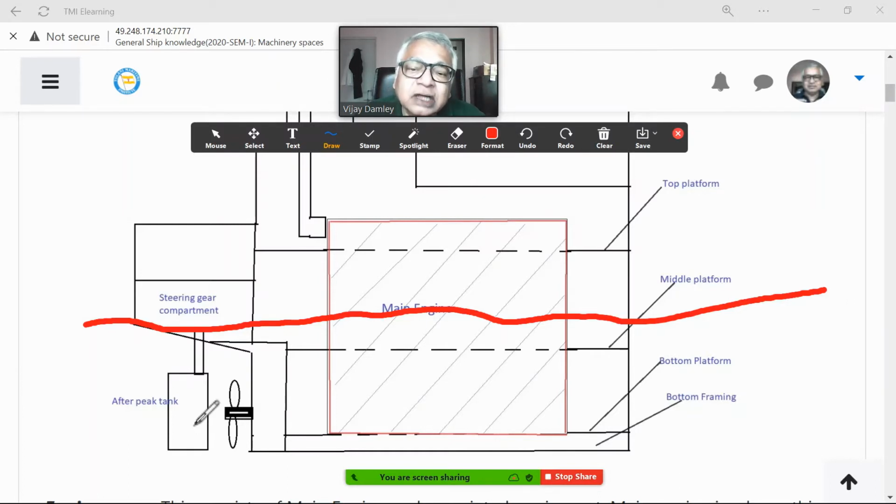Now you need a large number of pumps for a variety of things. For ballasting the ship, and for fresh water, you have to supply fresh water to everybody. You need the AC plant to give air conditioning. Then you need cold provision stores to maintain your meat or fish temperatures. So there are a lot of things. It is like a big mini city, in a sense. Every facility is available. So one requirement is power. So you've got auxiliary engines. Then you've got a boiler.